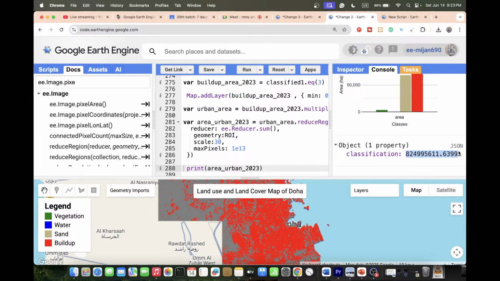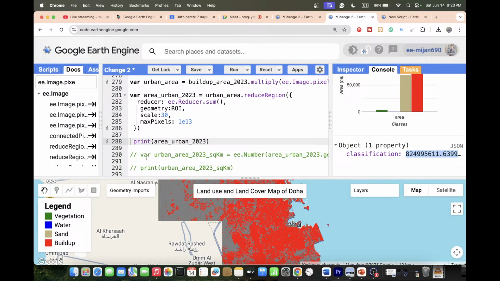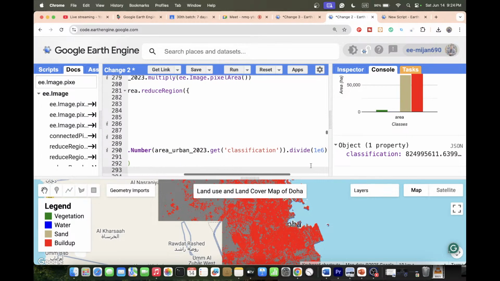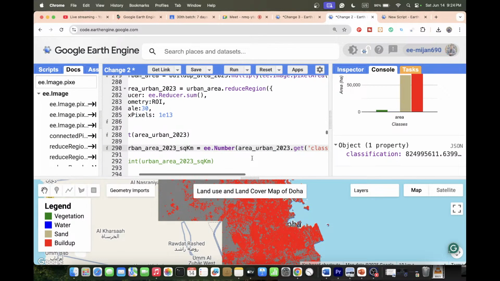So it is in square meters. Okay, so this square meter we can easily convert to square kilometer. So for that, just take a variable. Suppose I put the variable name R1 area in 2023 square kilometer. So it's a number, and that's why I use e.number here, and this number is stored in this variable. Just I put the variable name, and you can see it gets from this classification. Just mention here get classification, and divide by 1e6, this value. So when you divide it with this value, then we find out the result in square kilometer. So just print,